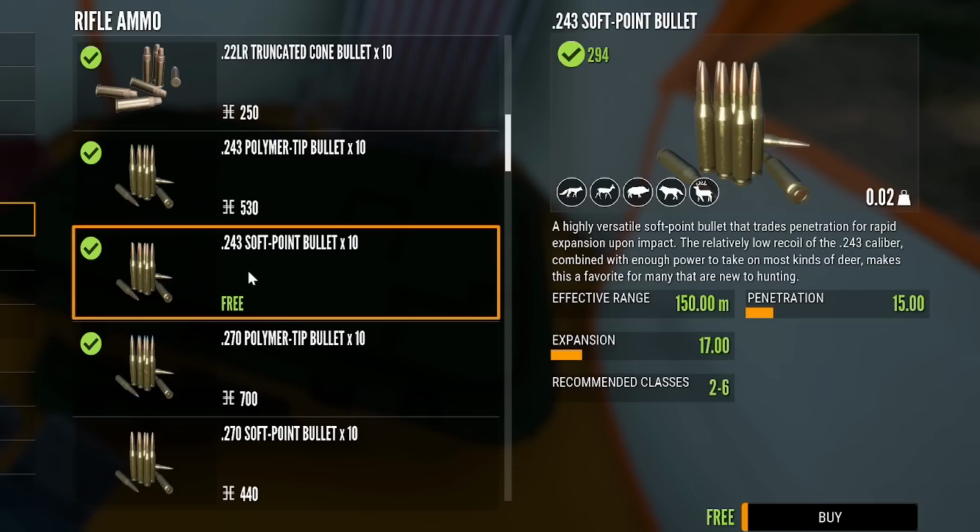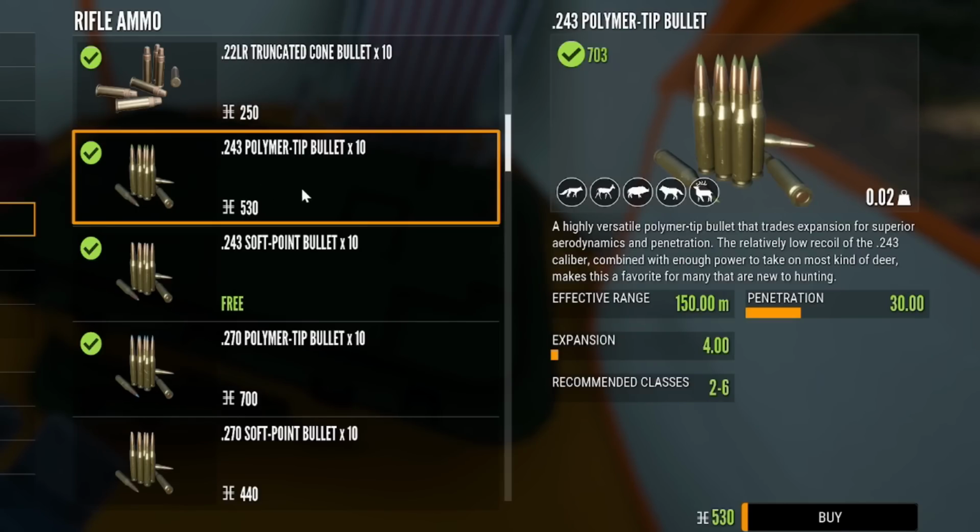The 243 is good for classes 2 to 6, but with the soft points, you only have 15 for penetration, but with the polymers, that doubles and goes up to 30. So it is actually worth it to spend the money and get the polymers,